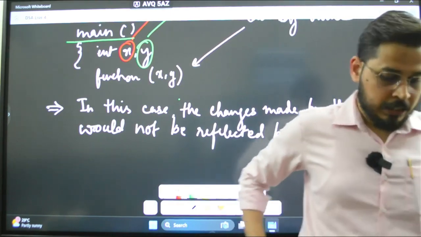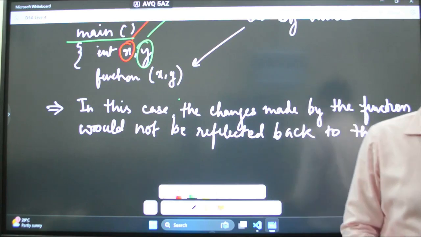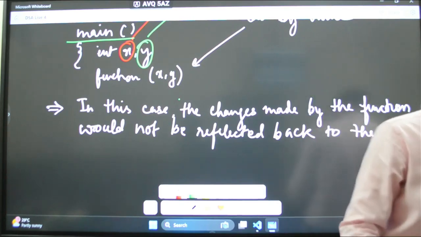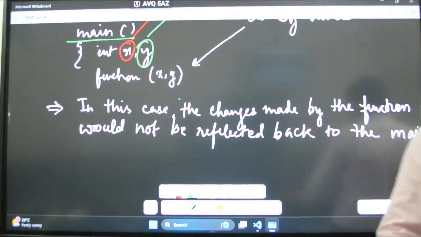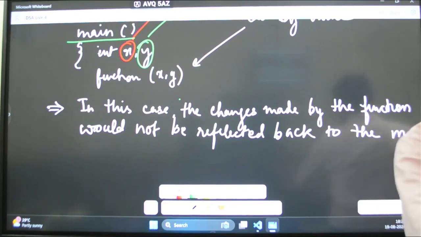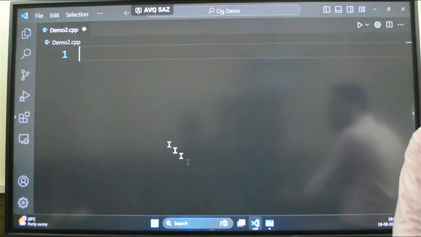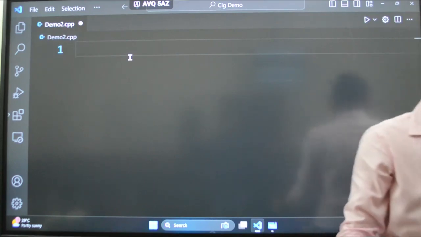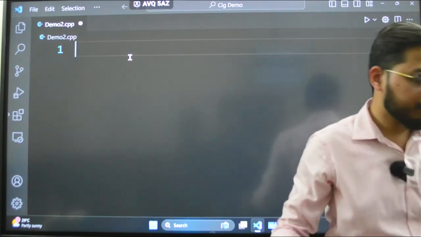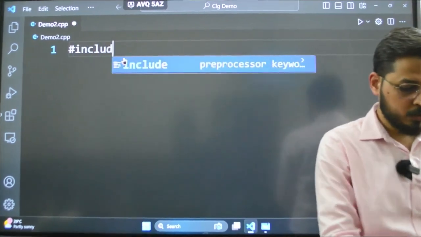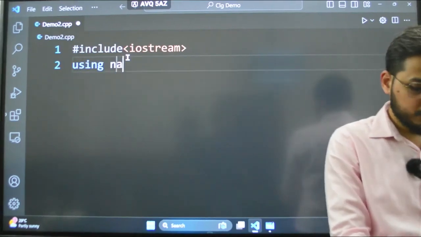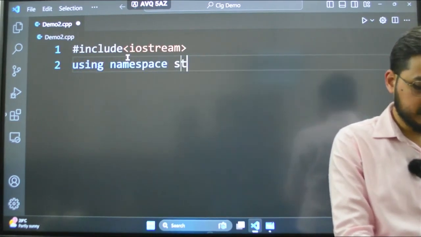Okay. Let us write a program and understand this properly. Now I'm gonna go back here, and in this I will be writing hash include iostream, and then using namespace std.